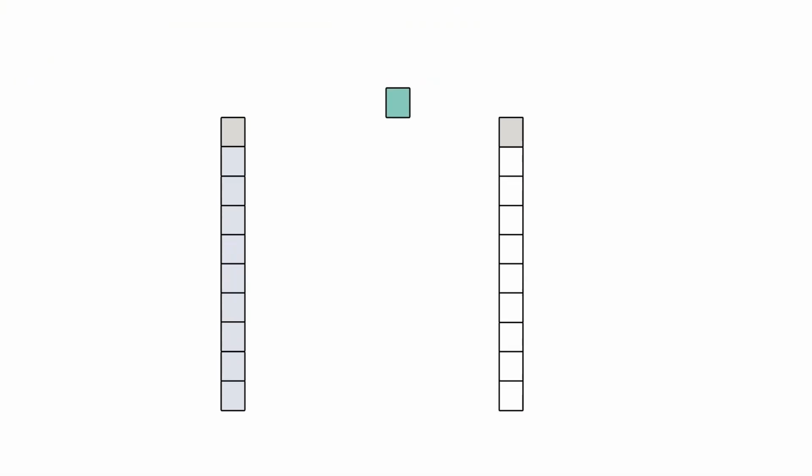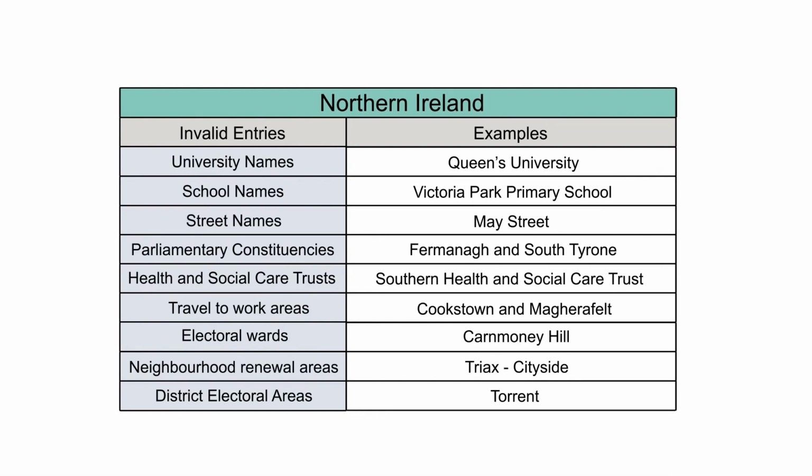Examples of invalid entries are provided in the table on your screen now. Though please note that this is not an exhaustive list. Please also note that there may be instances where searching for an invalid geography type may still lead to a valid search emerging. This will have occurred in instances where the name you have searched for overlaps with an accepted geography type. On such occasions, we would recommend checking that the area that has appeared does align with your expectations. For information on the accepted search items, please refer to the section on what can be searched for.